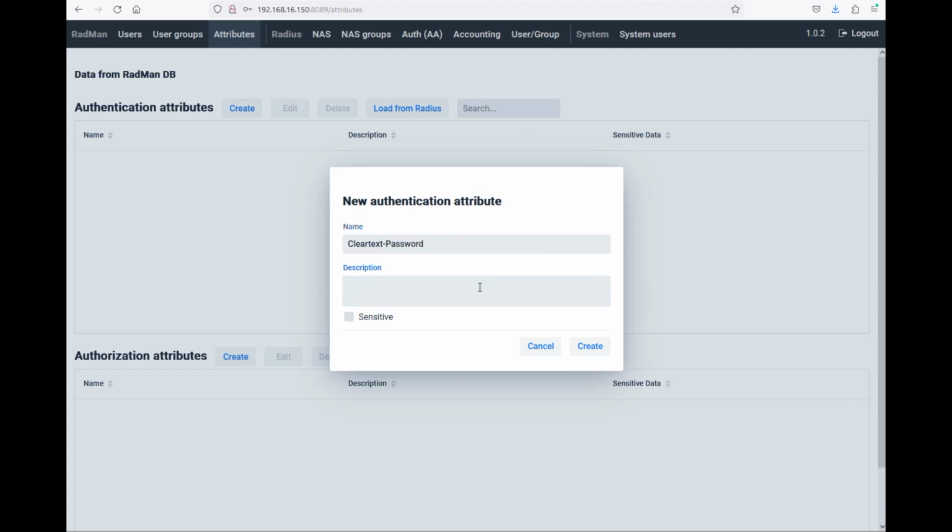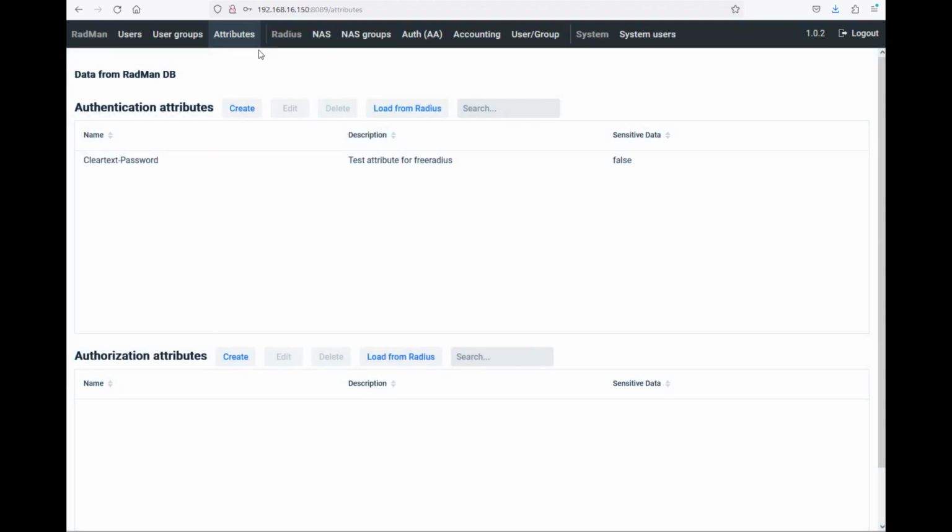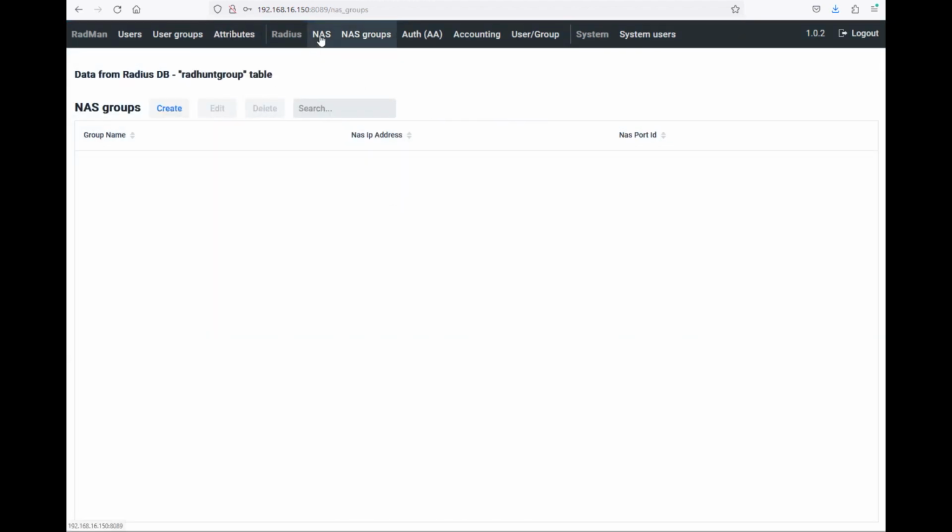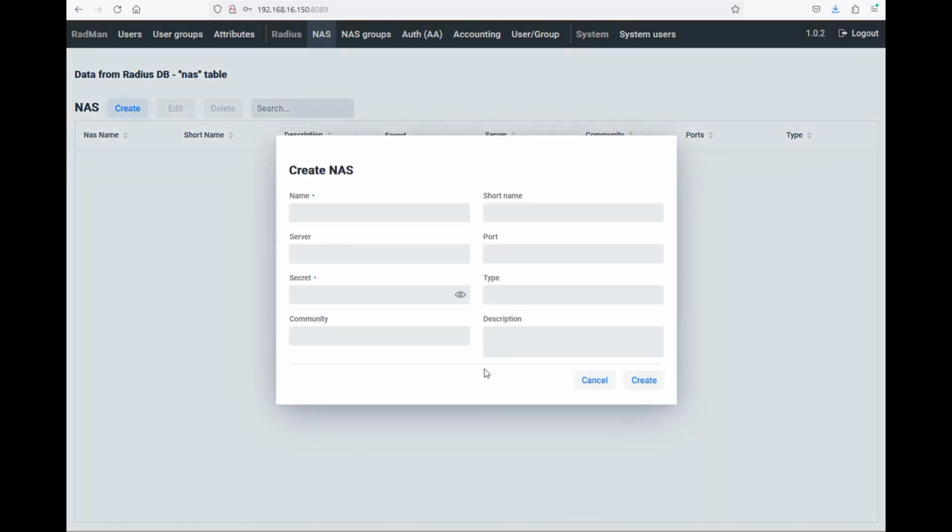Okay, test attribute for FreeRADIUS. Okay, so we can create that. Then we have our NAS, sorry, not on NAS groups, on NAS, so we create that. Now the name is the IP address of the server. So let's put in there